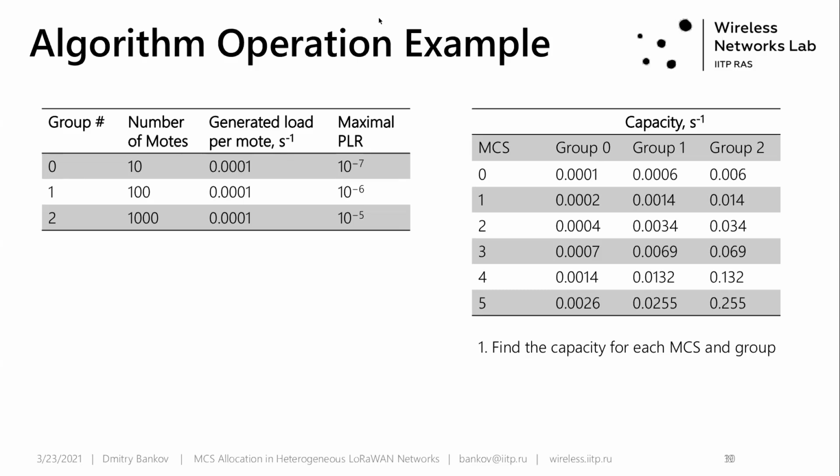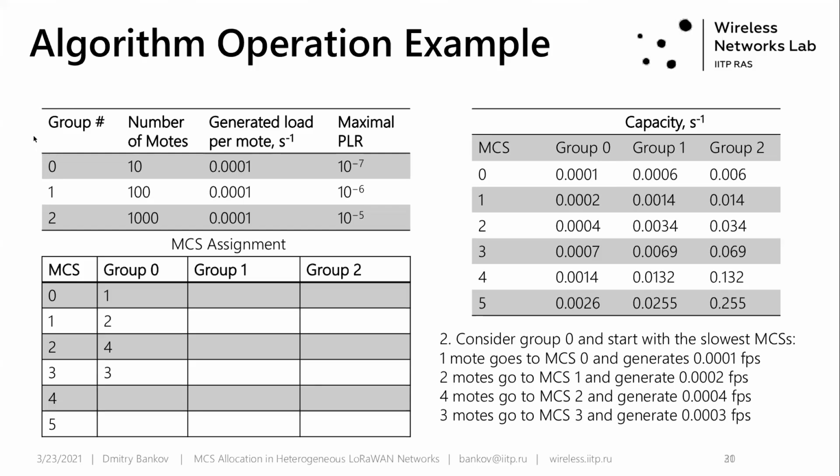So firstly, our algorithm starts with MCS 0 and with group 0. It tries to assign devices to MCS 0. So we take one device from group 0 and assign it to MCS 0. When we do it, the rate of the traffic load at MCS 0 will be equal to 0.0001 frames per second. And if we add one more node to this MCS from this group, we will have a load which will be higher than the capacity. So we do not do it. We leave only one node in this group at this MCS,